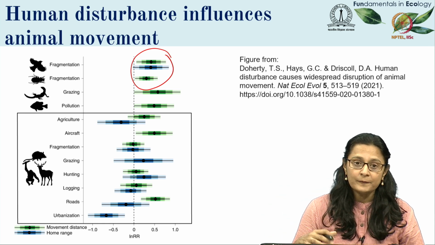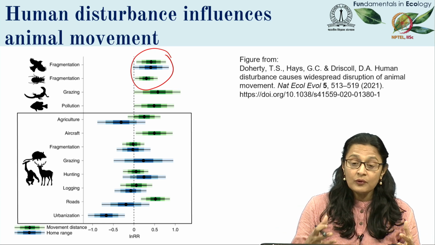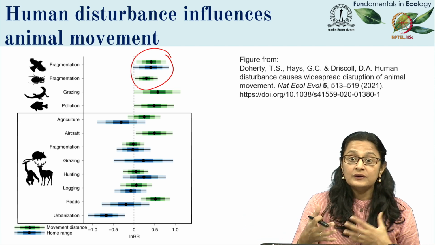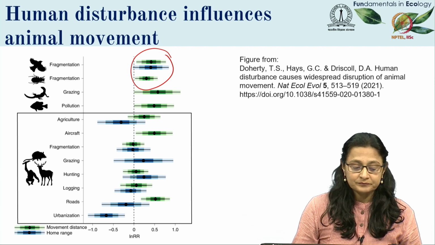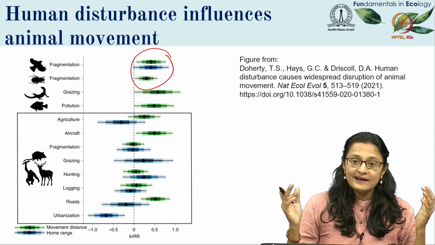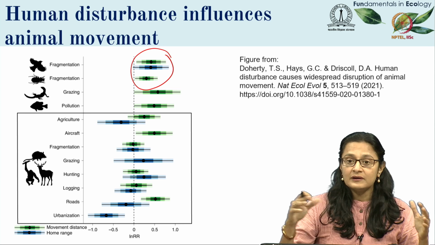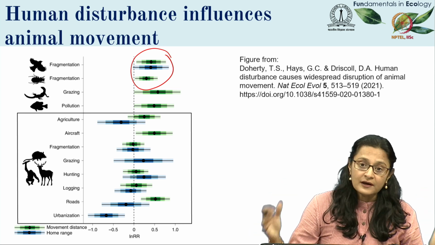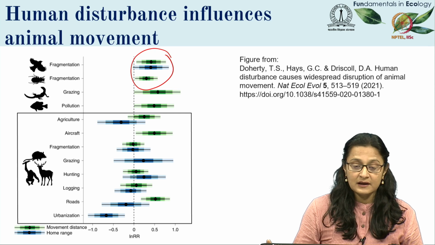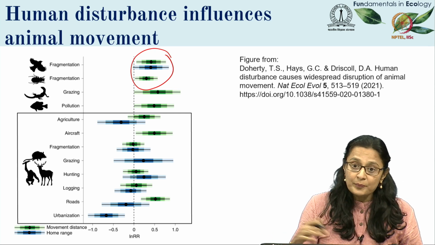So we can think about human disturbance in terms of how it's changing the abiotic environment. For example, fragmentation is breaking up the natural habitat, at which point birds and insects need to use a larger area to get the resources they require. Pollution, for example, does the same thing. Right? It negatively affects the environment, at which point fish need to use a larger area to either get away from the pollution or to seek out resources in areas without pollution. There are some interesting opposite effects.